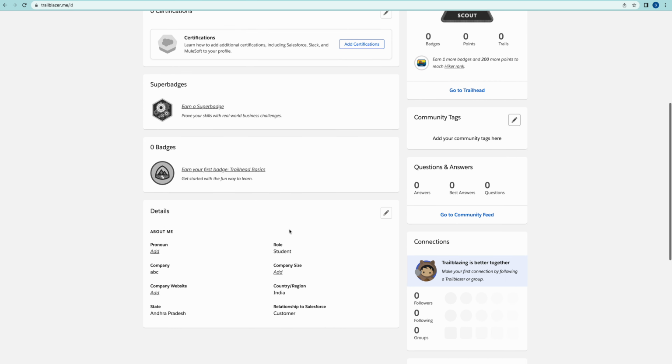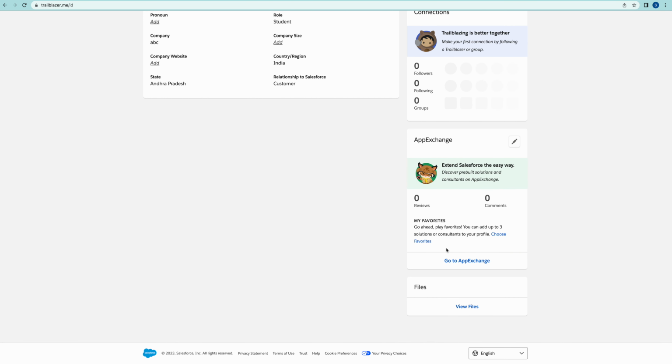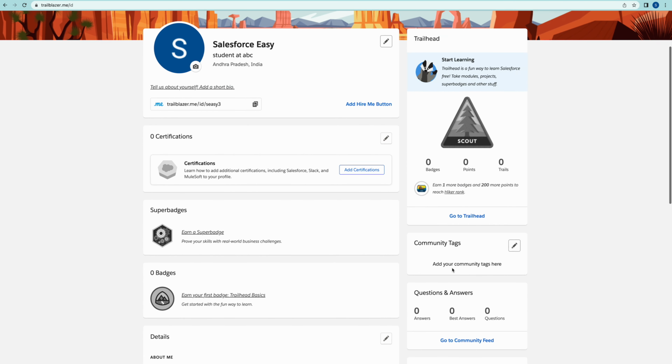And this is the community, and we have different types of communities. For the developer we have different forums, and for admin we have as well. So we'll just stick to Trailhead and the concepts, and then later on we'll go into a few more in detail. And this AppExchange, all these things we'll see in detail in the concept videos, because AppExchange is also a very important one. So in this AppExchange